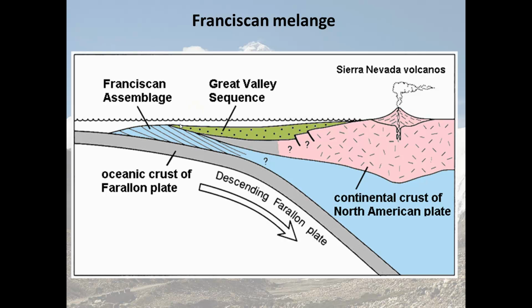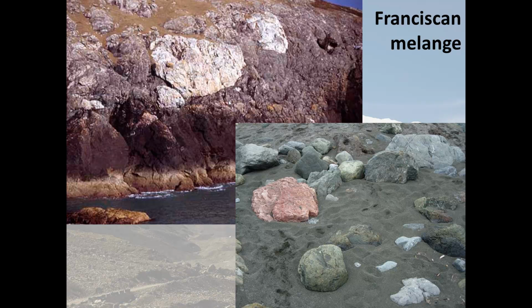So the coast ranges of California, from about Big Sur to north of us, have all been scraped up off the ocean floor, and it's a mess. It's a chaotic assemblage of all kinds of different rocks. Here's a very poor picture that shows, looking onshore, this huge block of rock and some other kinds of rock, and it shows how mixed up and jumbled it is. If it were all sedimentary, you'd see lots of parallel lines. If it were all granitic, it would look just like basalt, but it's very heterogeneous. All kinds of different rock types are mixed together because in the process of being scraped off the ocean floor, it's been turned and twisted and faulted and jumbled together.